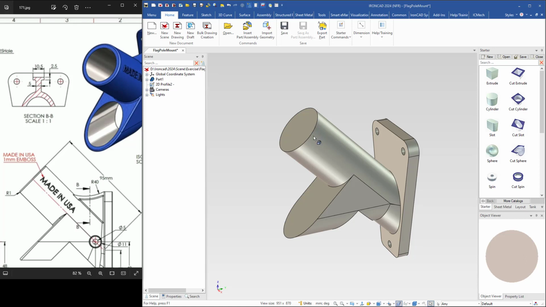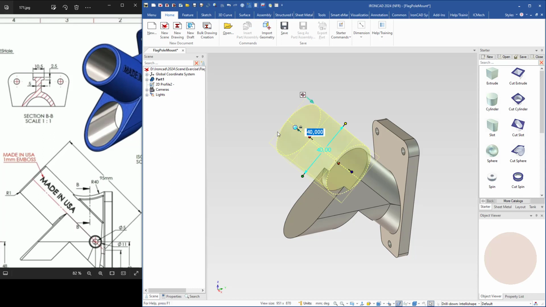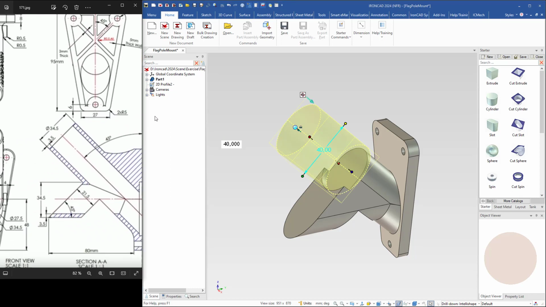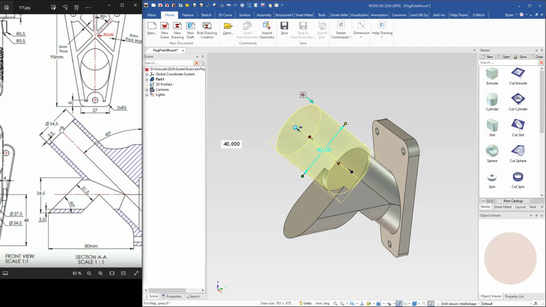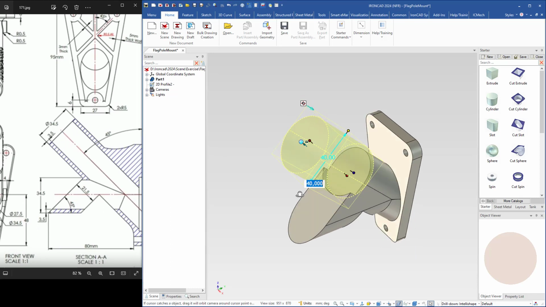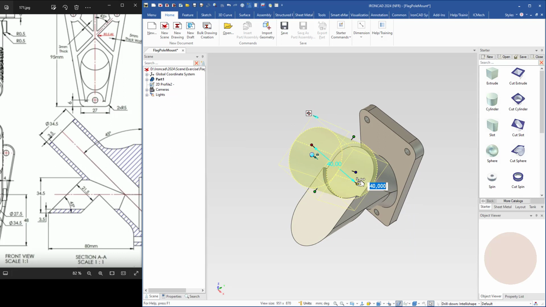I will continue to cut some holes, a hole through this cylinder and this part here, and I will use a cut cylinder, drop it here, and the diameter of the hole will be 34.5 minus 7. So I will select this handle here, 34.5 minus 7,